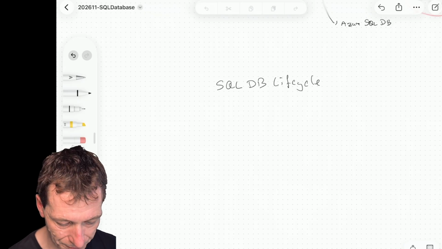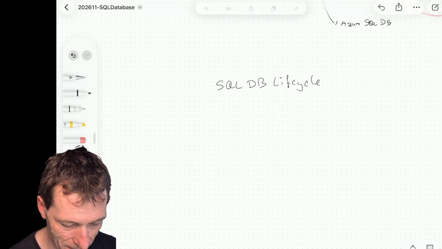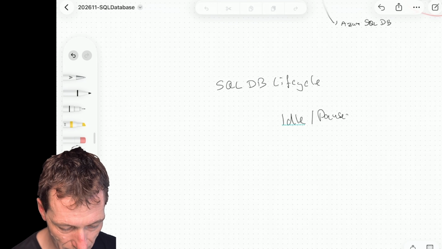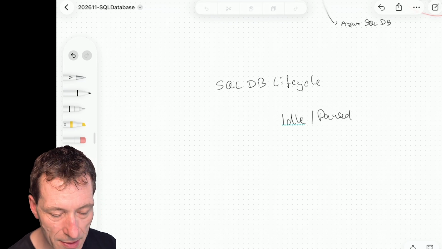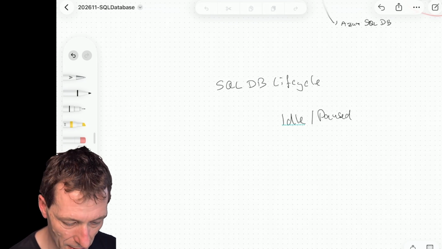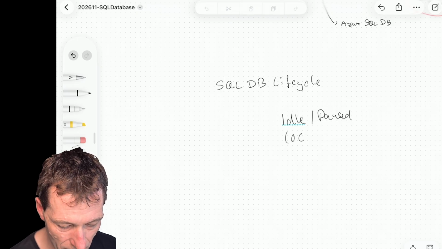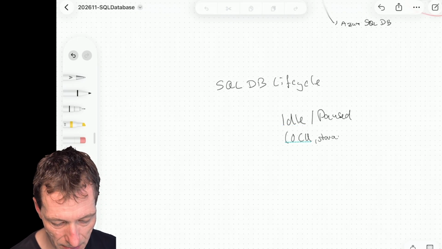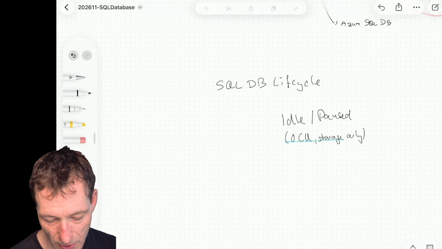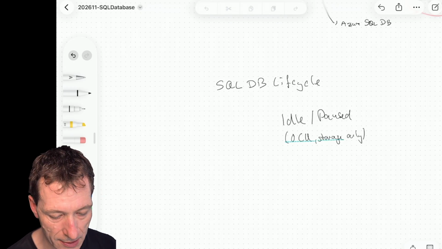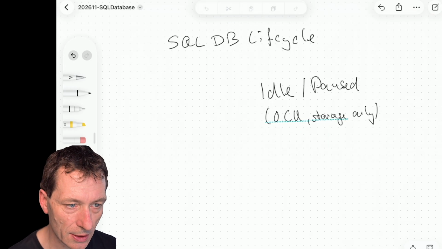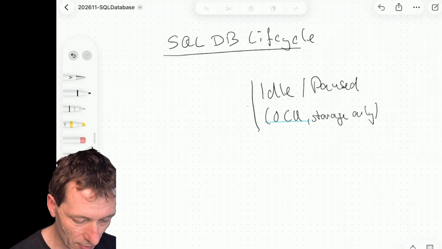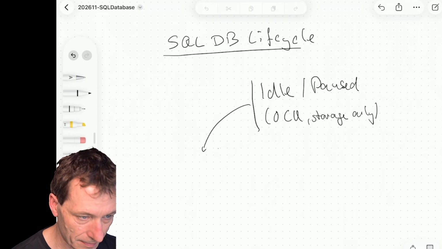So the idle or pause state means that it costs you 0 CUs, storage only. You have to pay for the OneLake storage that the SQL database needs. When you then, from there on, run your first query,